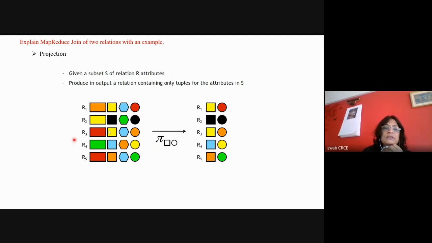The mapper's input is a key value pair. The mapper's output is an intermediate key value pair. That intermediate key value pair is sorted or shuffled by the shuffler of the framework, and depending on the key it will reach the reducer. The output of the shuffler is a key and a list of values, which is the input to the reducer, and the reducer operates on that list of values. Okay,